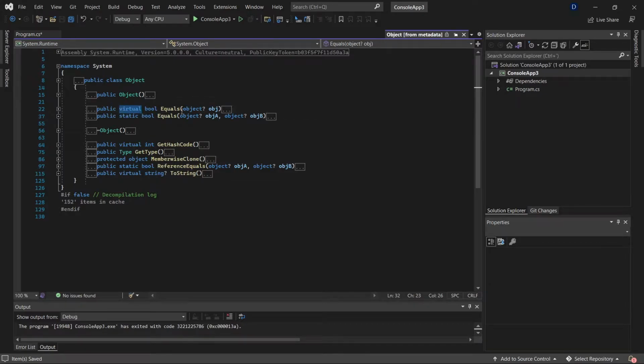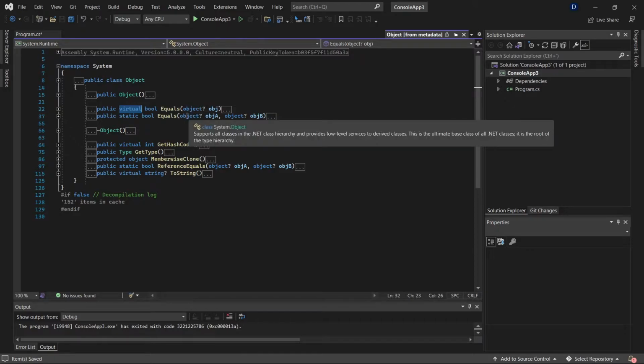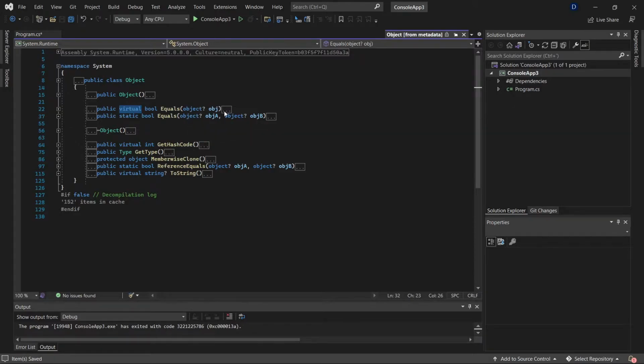This is a virtual method. It means that we can override and change the default behavior for this method. What's the default behavior? It receives an object as a parameter, and it compares whether the address of this object is the same as the instance of this class. Okay, so now let's check this